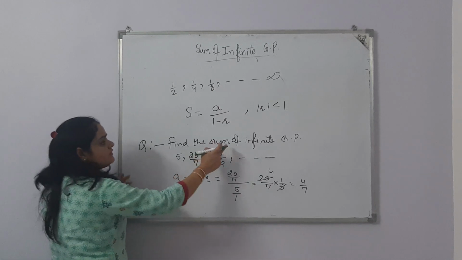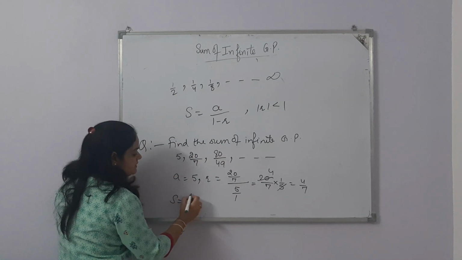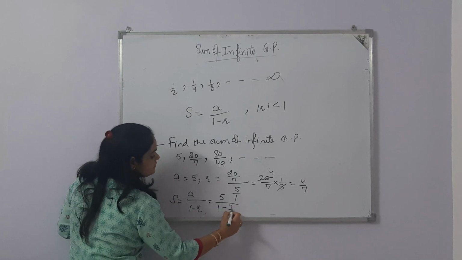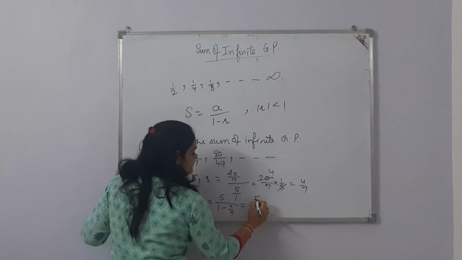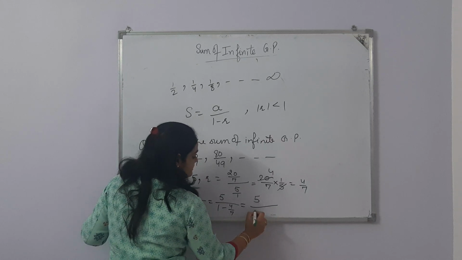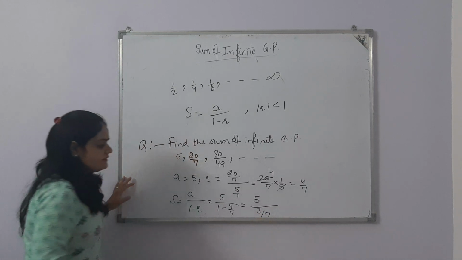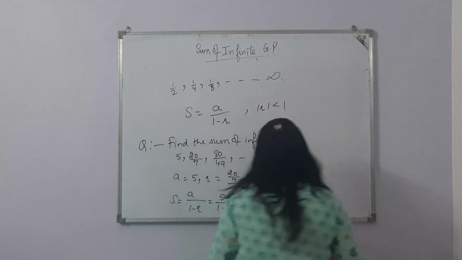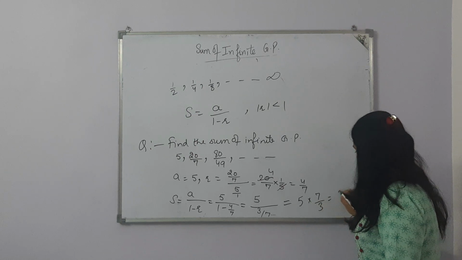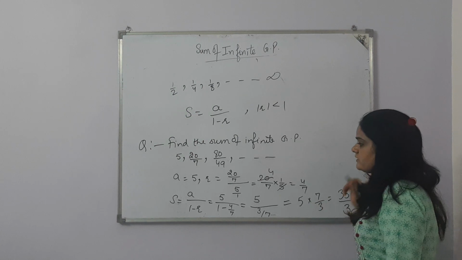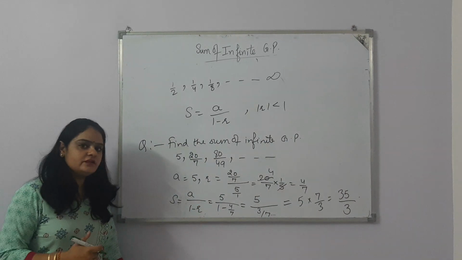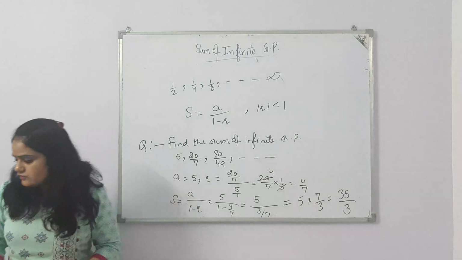So we can apply the sum of infinite GP, which is a upon 1 minus r. What is a? It is 5. 1 minus r, what is it? It is 1 minus 4 by 7. After taking LCM, we will get 3 by 7. And of course this is a by b upon c by d, so whenever it goes into multiply, it will reciprocate. So the answer is 35 by 3. Sum's answer is 35 by 3. Hope the question is clear to you. Now let's do one more question.